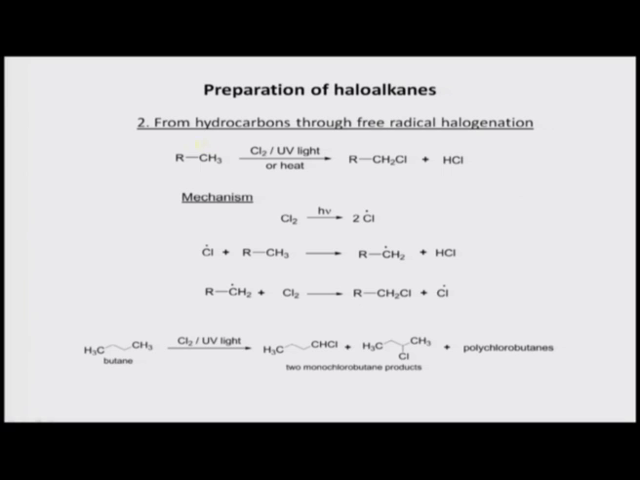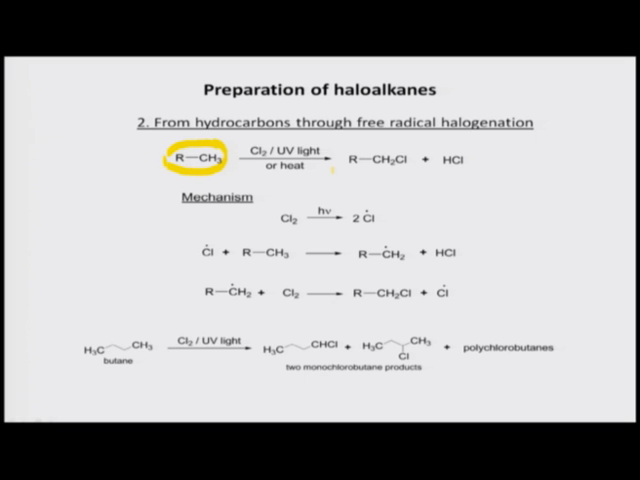So, this can be done by taking an alkane. In this case I have represented the alkane as RCH3. Let us assume that R is an alkyl group, could be bigger, attached to a CH3, a methyl group in this case. Now, if it is treated with chlorine or bromine, it can be either chlorine or bromine, in the presence of UV light or a lot of heat, it can generate RCH2Cl, that means the corresponding chloroalkane plus